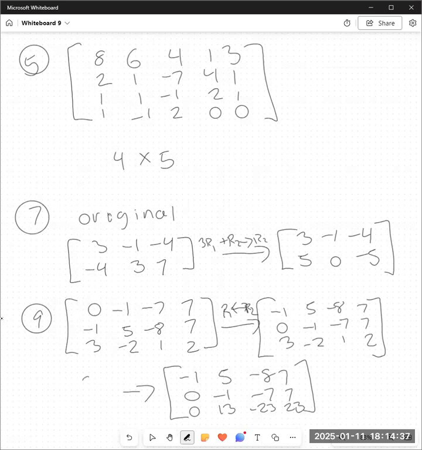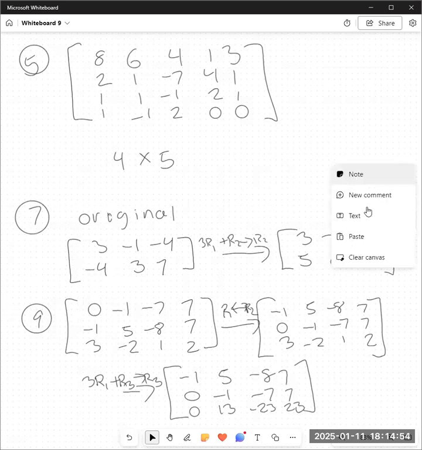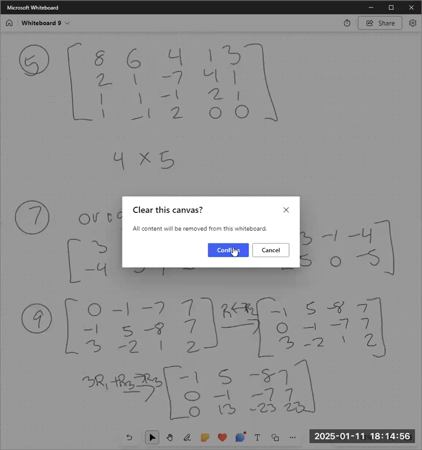I've taken 3 times my new row 1 plus row 3 to produce a new row 3. And that's that. Let's go ahead and move on to number 17,